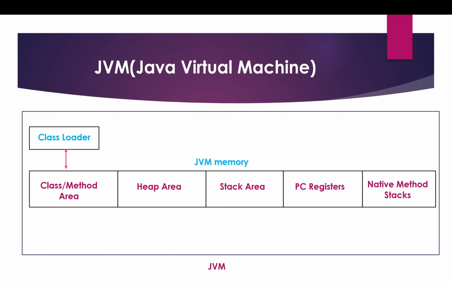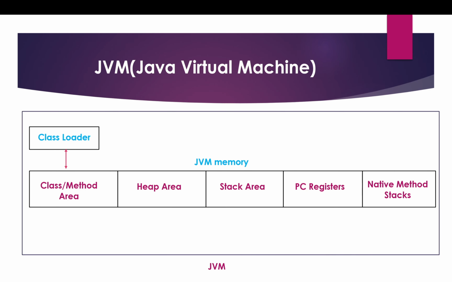There are various memory sections of the JVM memory where your various information is stored. Once the class file is loaded, the JVM creates one object of Class. Class is itself a class in Java, in the java.lang package. So it creates an object of Class for that .class file and stores the various information in it. That Class object for that .class file is stored in the heap area.